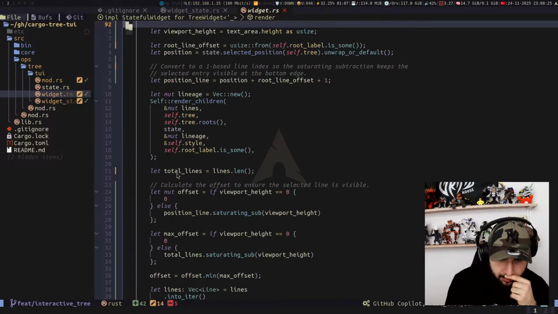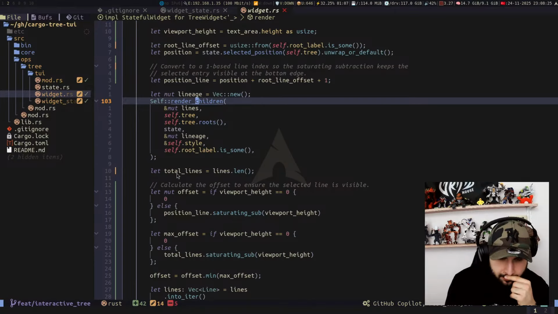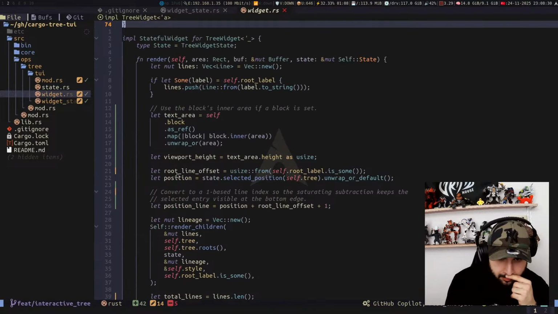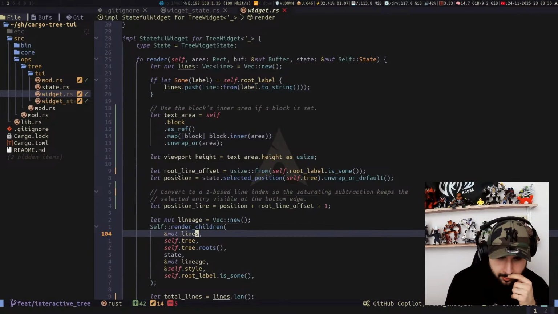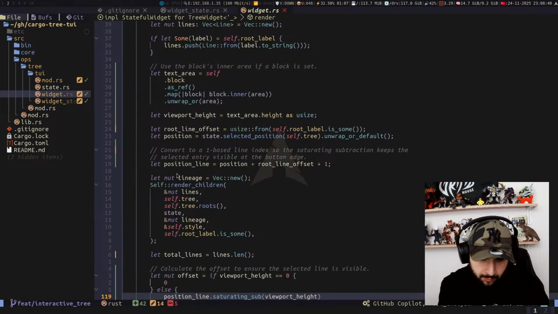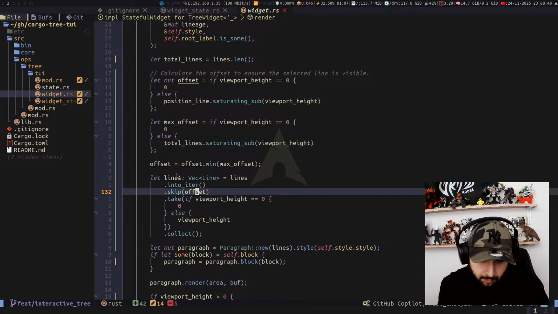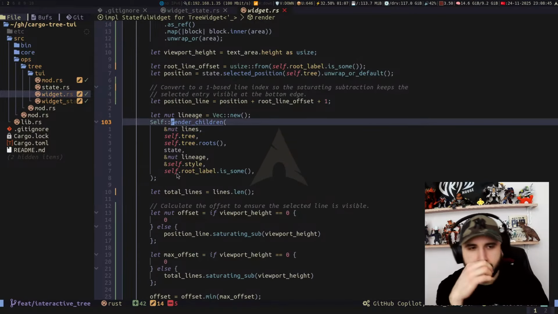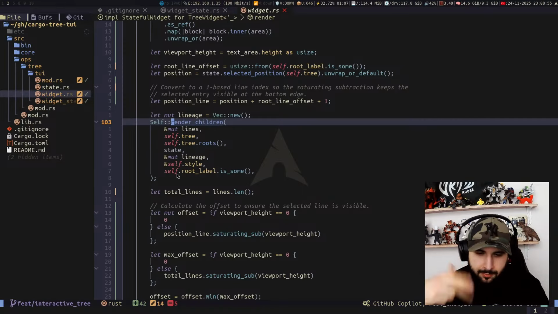This logic is actually not that bad. So where's the lines though? Oh, it's just like here. So I don't want to, like, one thing is I don't want to recursive function, so we need to have some control over